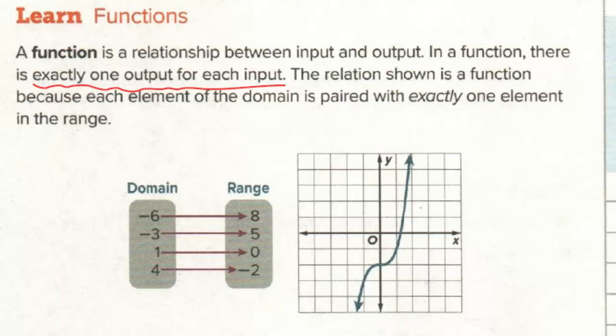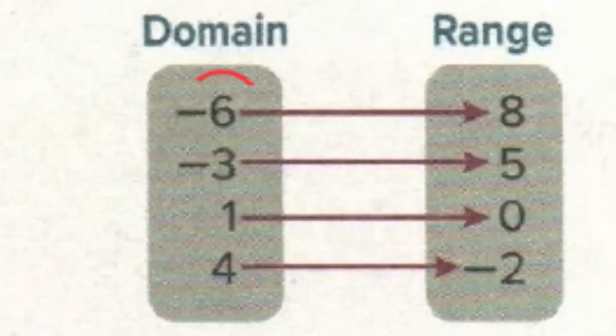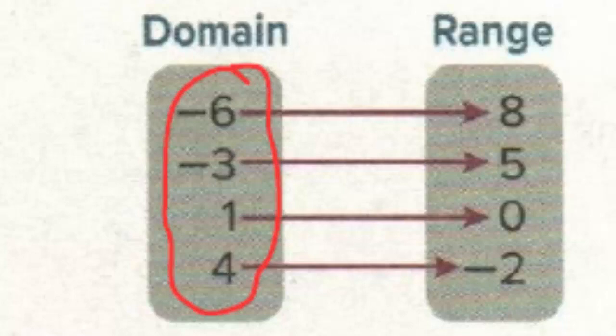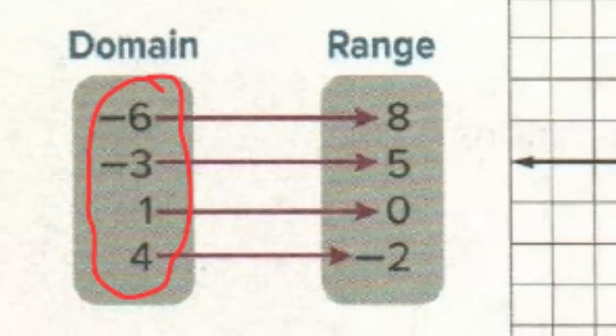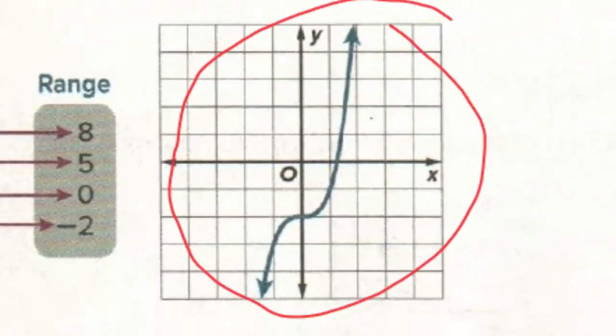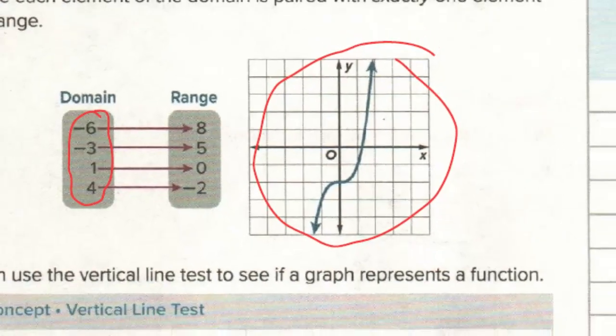of the range. So we actually have two of them here. We have a domain, -6, -3, 1, and 4. You'll notice nothing there repeats. Therefore, we don't really have a problem because they will all only pair with one value of the range, making it a function. On the graph over here, this one's a little bit more difficult, but we do have this